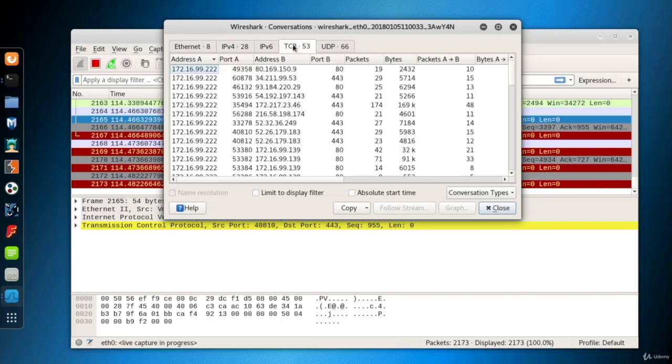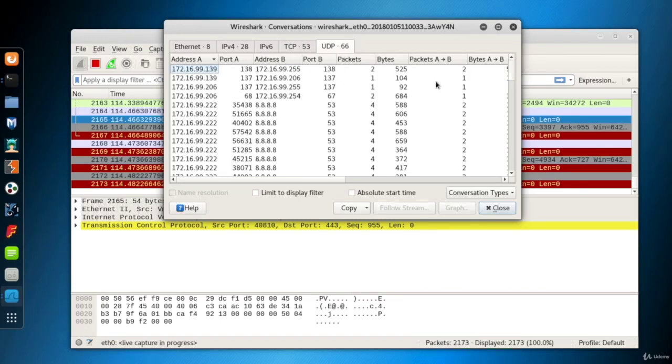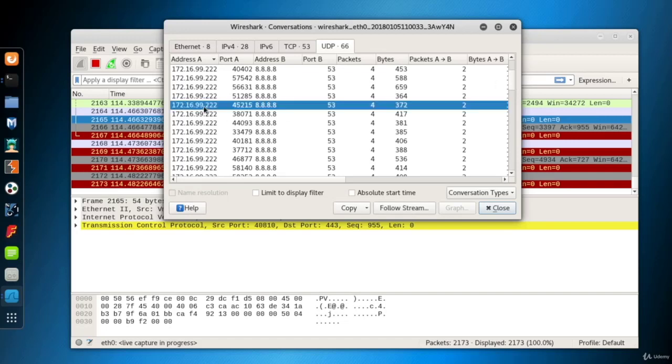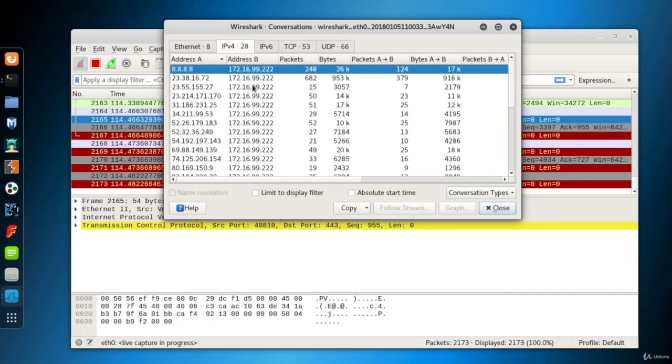In the TCP tab, we can see TCP packets grouped by the addresses and, this time, by ports as well, because a system may have different interactions with any other system. For example, Kali may have HTTP traffic through port 80, and at the same time, it may have an SSH connection through port 22 as well. Same as TCP, packets are grouped by IPs and ports in the UDP tab. Here we have learned a lot of live systems, IP addresses, and MAC addresses just by listening to the traffic go